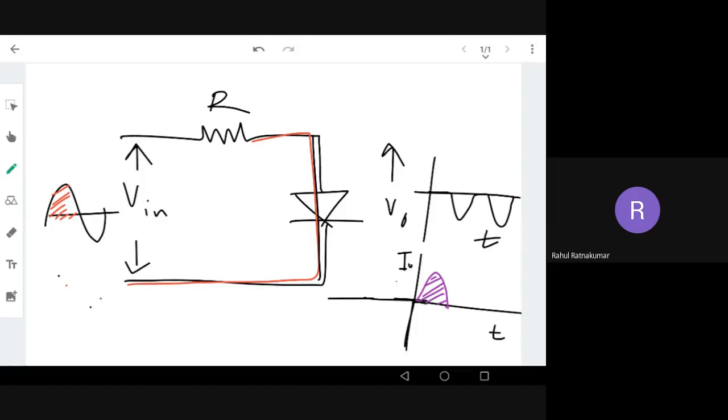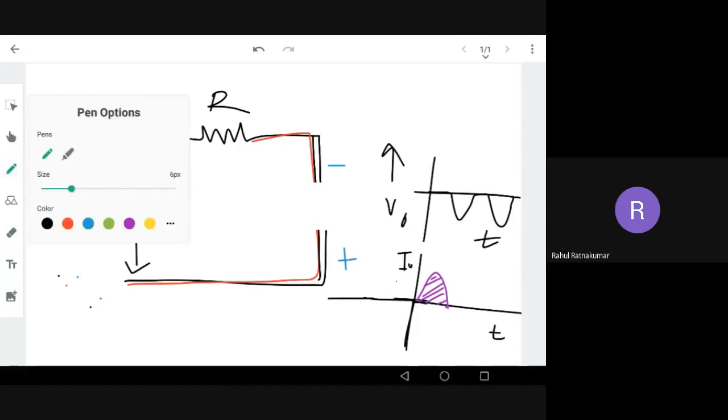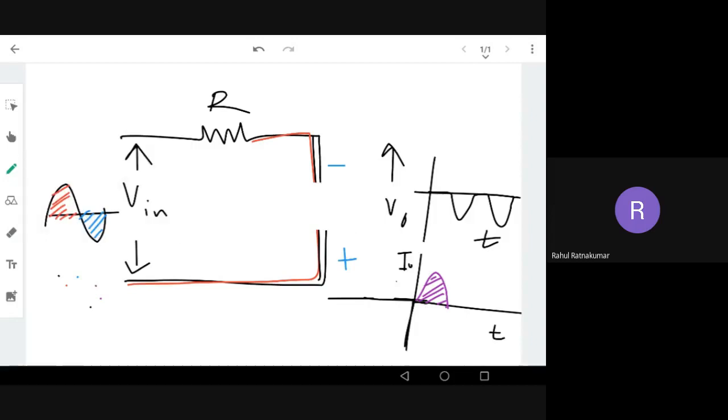Now, as soon as the negative waveform is coming, what happens? As soon as the negative waveform comes, minus plus, your diode is cut off. Diode is cut off, so what happens? The current becomes zero because there is no path for the current to flow. So the current is zero. We can draw the current like this: zero in the negative path. Again, when the positive cycle comes, current will be maximum, right?